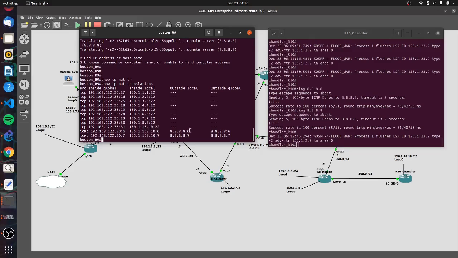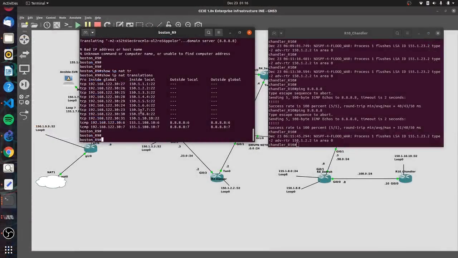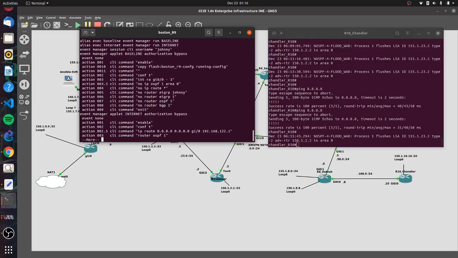Okay, so that's good. All of our routers can reach the internet. So if I had a server out somewhere in the world, I should be able to baseline using this repository, right, from anywhere in the world. Well, it's not exactly that easy. This router, our Boston router, actually has to employ a technology